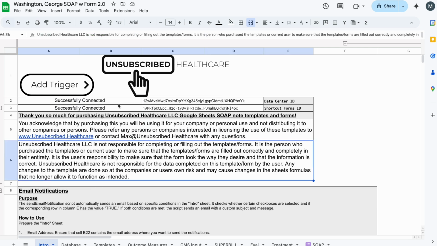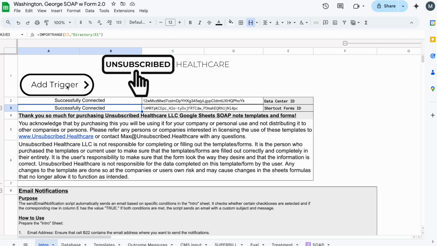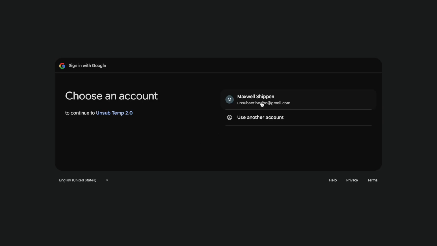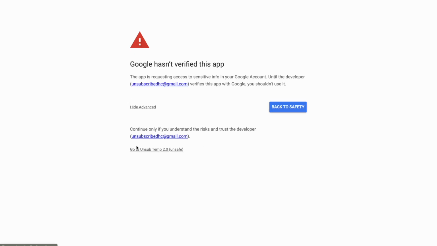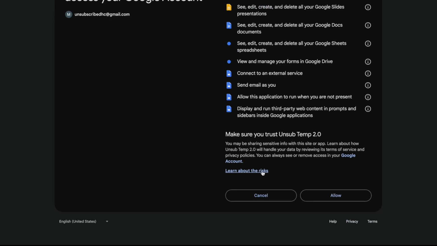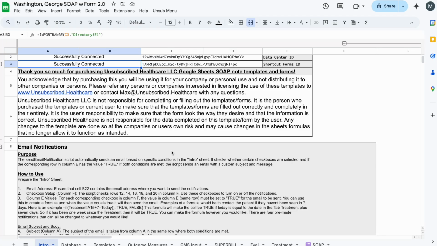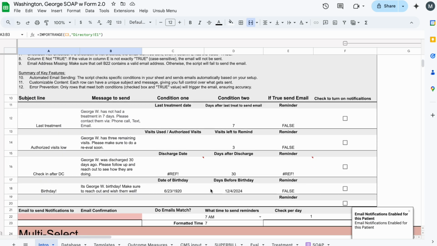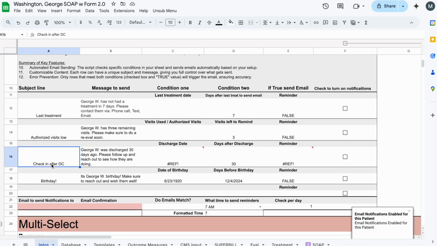Now you can see successfully connected in both of these spots. I'm going to click Add Trigger so that I'll get email notifications. I'll have to authorize the script. Now that it's authorized, it will have email notifications enabled, so it'll be able to remind me of the birthday